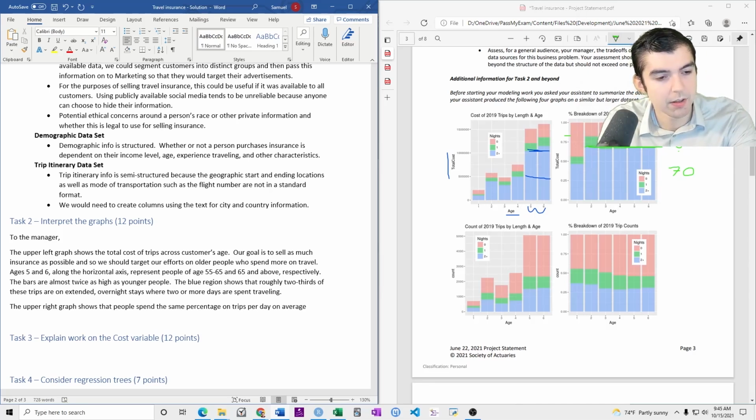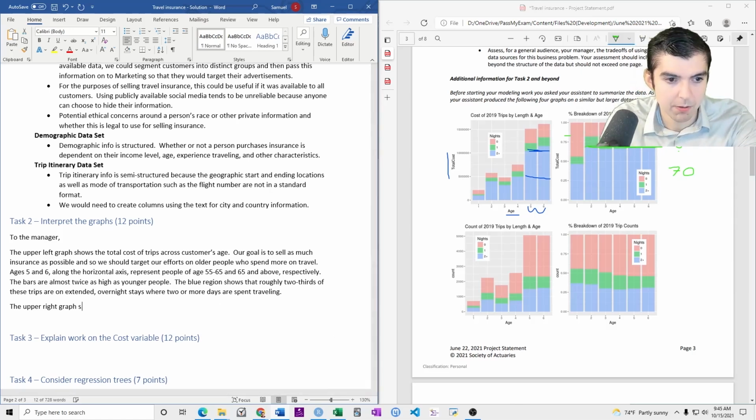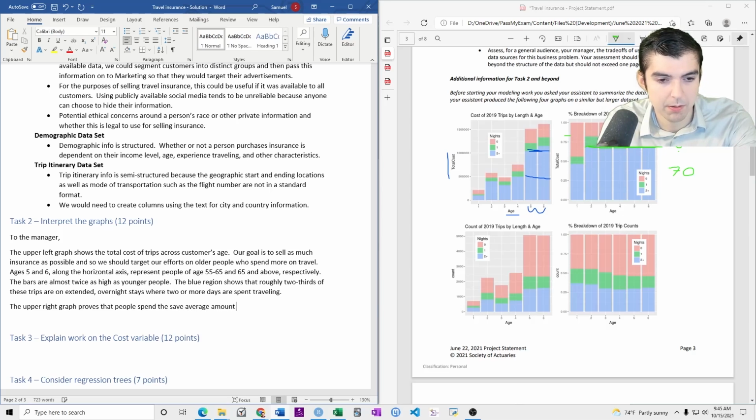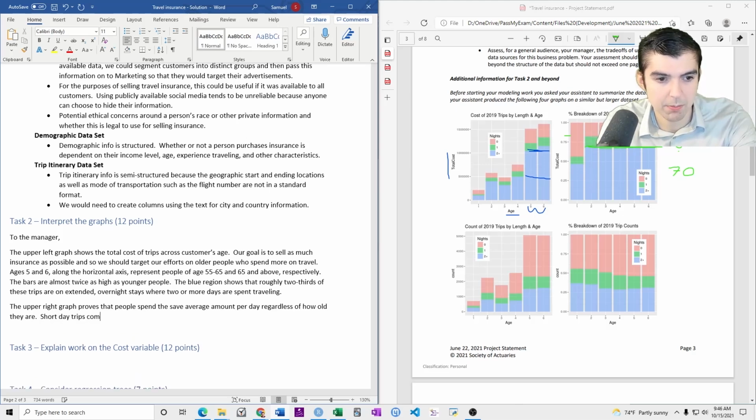The graph proves that people spend the same average amount per day, regardless of how old they are. Short day trips comprise about 20% of total trip costs for all customers over the age of 2.